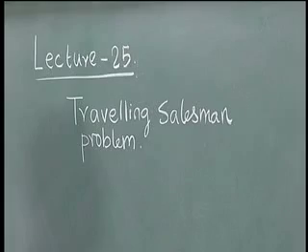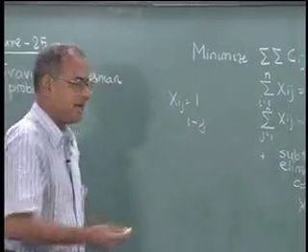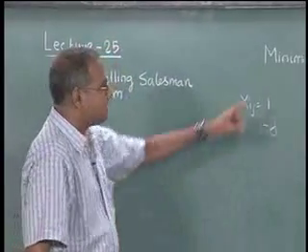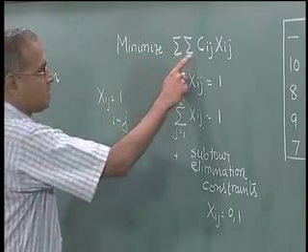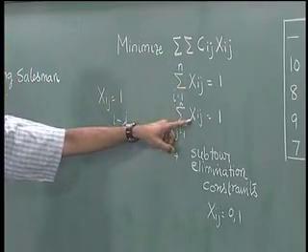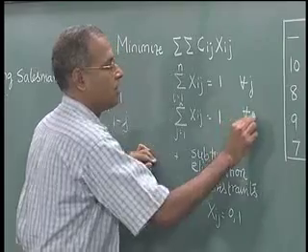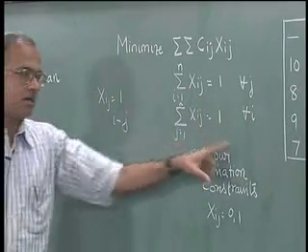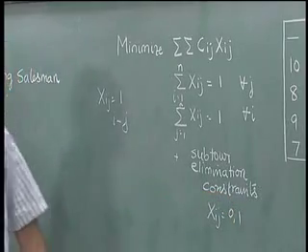We have earlier seen the formulation of the travelling salesman problem, where xij equal to 1 if the person goes from i to j immediately, equal to 0 otherwise. This is the formulation where we try to minimize sigma Cij xij subject to xij summed over i equal to 1 for every j and summed over j equal to 1 for every i. These are called the subtour elimination constraints, which make sure that the feasible solution to the travelling salesman